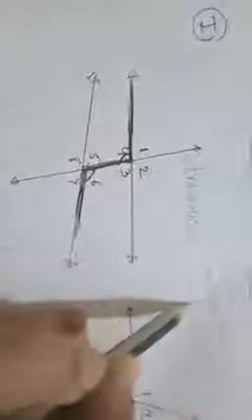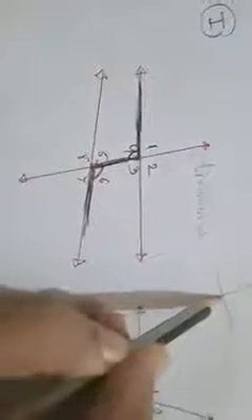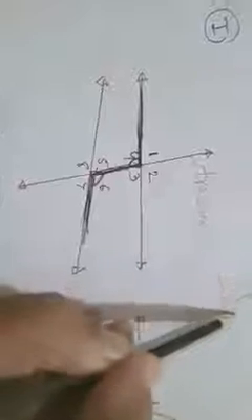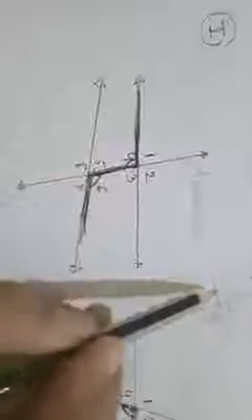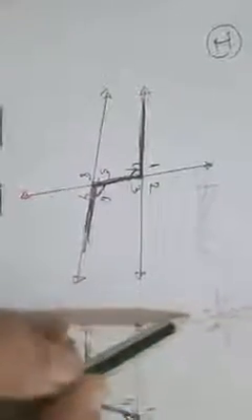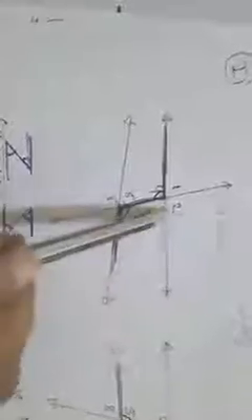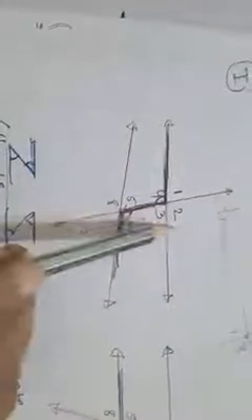If one line intersects another line, then at the point of intersection there are four angles. Total 4 angles are there if one line intersects the other line. Here how many lines are intersecting? The transversal intersects two different lines. Therefore at the first point of intersection there are 4 angles, and for the second point of intersection there are 4 more angles, which means total 8 angles.